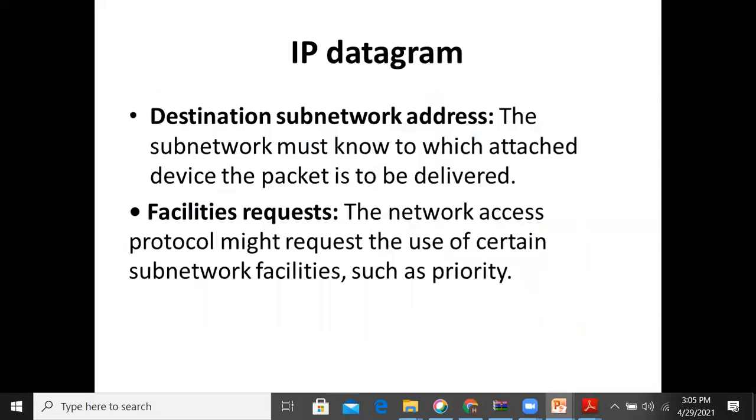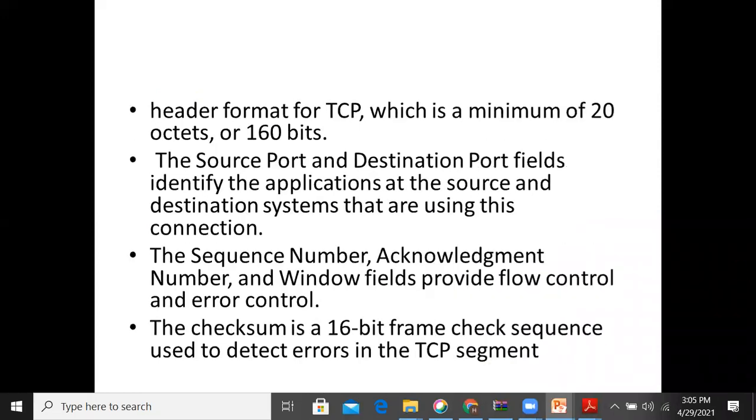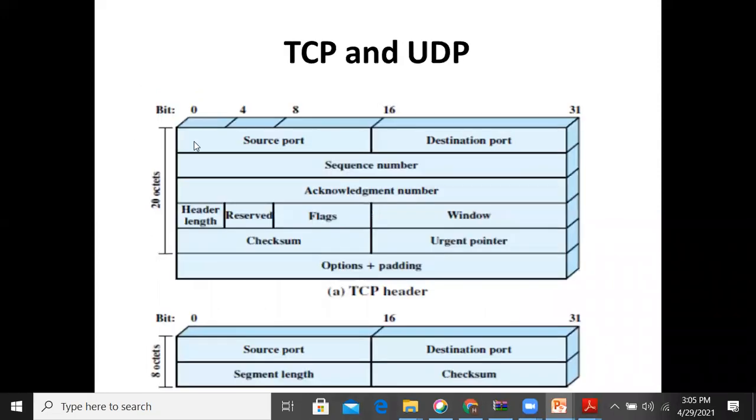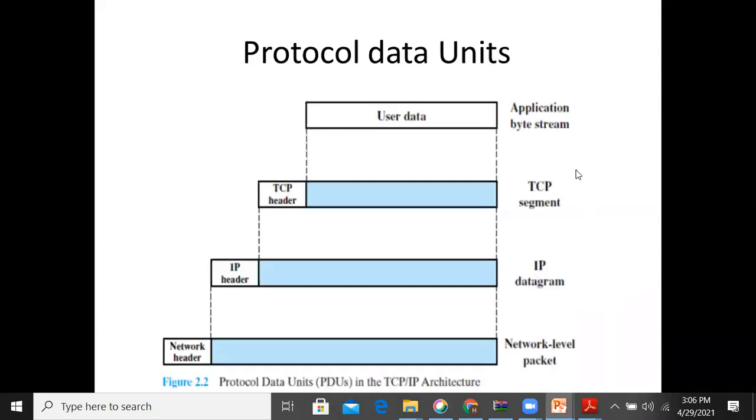In the last class we were discussing the TCP/IP protocol suite and TCP and UDP headers, right? At each layer the data is modified by adding some additional information. Whatever the data unit at each layer, we call it a protocol data unit.